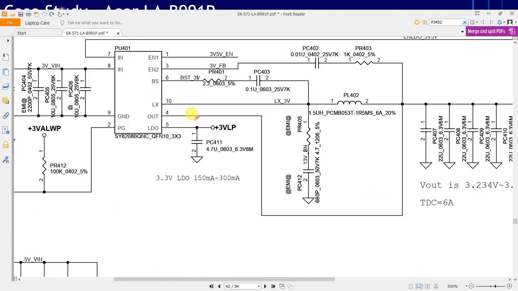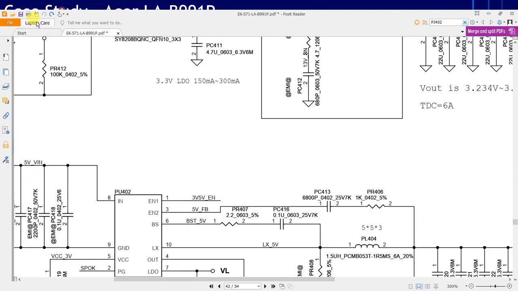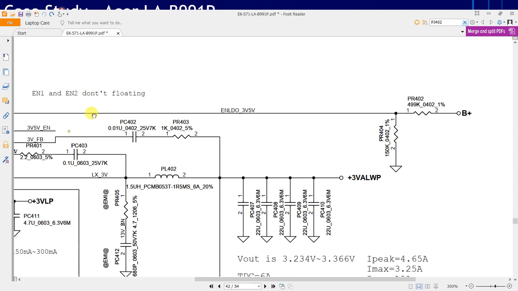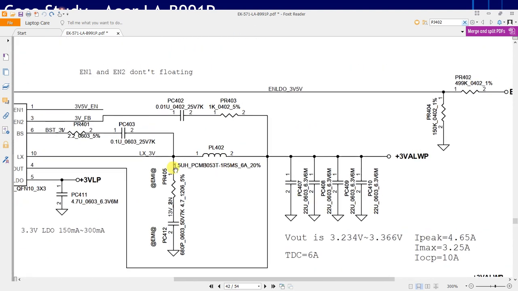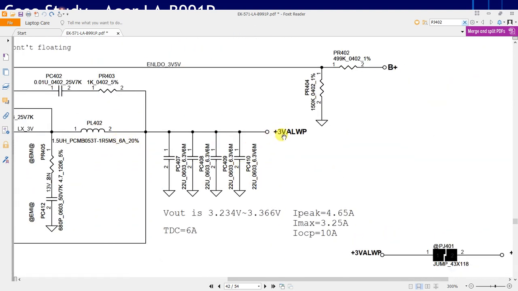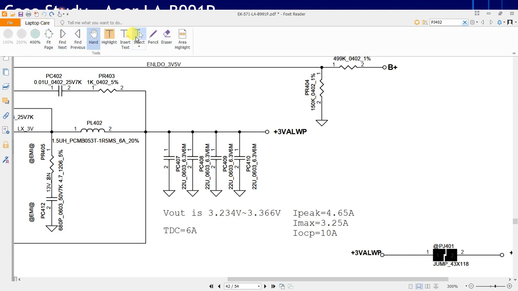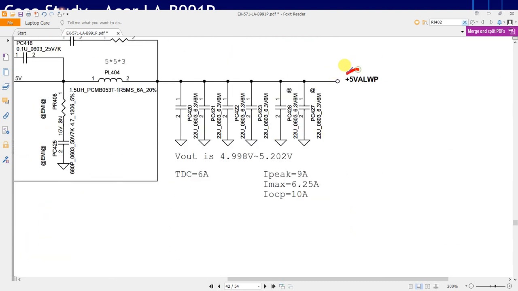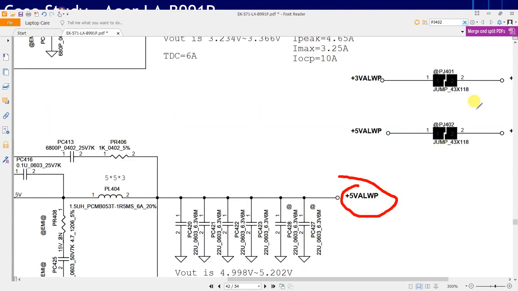When we check, we found that from B plus it is generating 3 volt always P, and from B plus this particular IC is generating plus 5 volt always P, and here after the jumper PJ402,